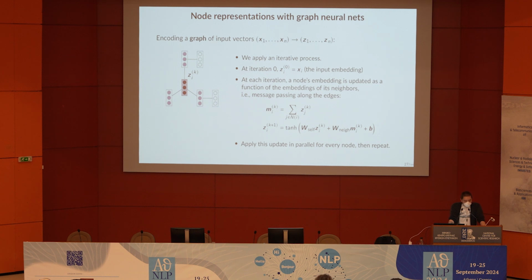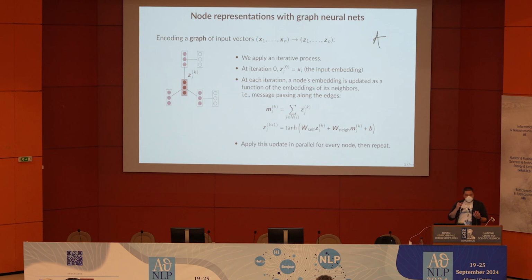This is known as a graph neural network. Just like for sequence encoders, we would have a sequence of input vectors x1 to xn, and we would generate a sequence of outputs z1 to zn. With graph neural networks, we're going to do the same thing, but instead of assuming that the vectors are linked sequentially, we're going to use the graph structure that is given by the adjacency matrix A. Okay. So the way the graph neural network model works is an iterative process. At the first iteration, let's say the initial iteration 0, we just give each node its input static embedding